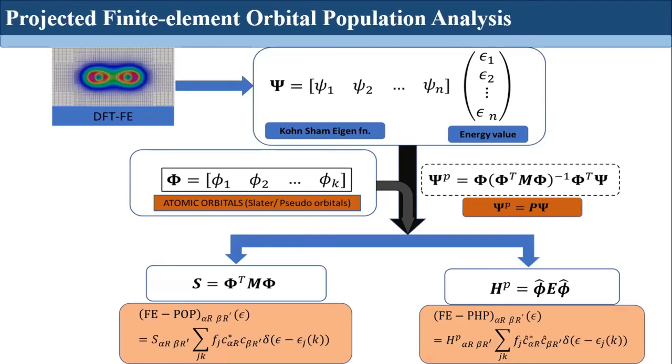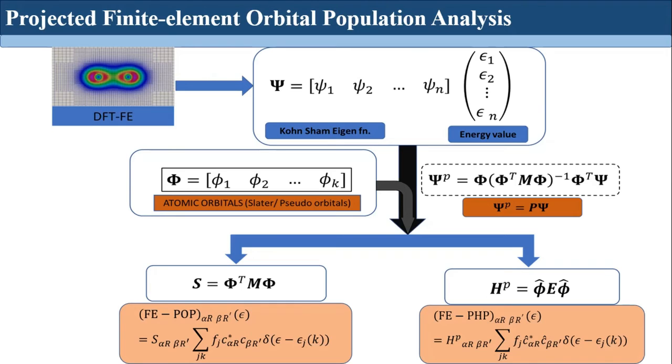Apart from this, we have integrated the projected finite element orbital population analysis. There are scenarios wherein we are interested in understanding the nature of bonds between two atoms of a particular system. In that case, once DFT-FE completes its calculation of the Kohn-Sham wave functions on the finite element basis, we orthogonally project them onto the atom-centered atomic orbital basis. Once we have the details on the atomic orbital basis, we compute two properties, the orbital overlap matrix and the